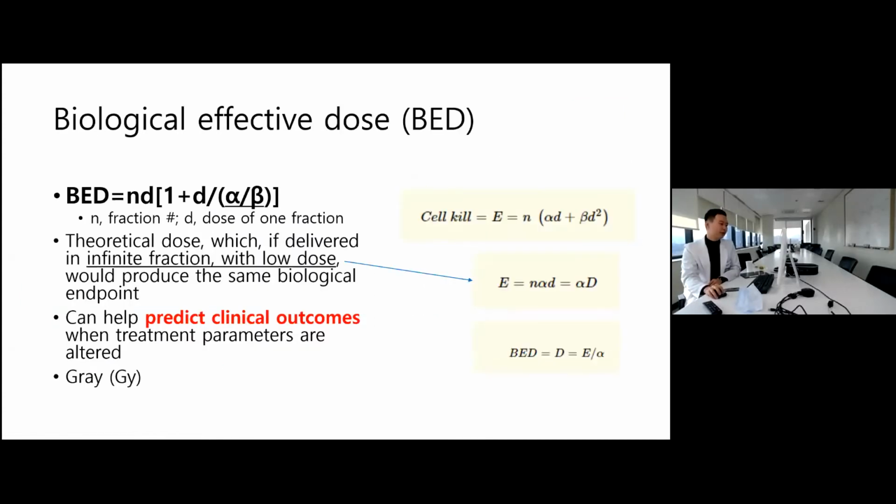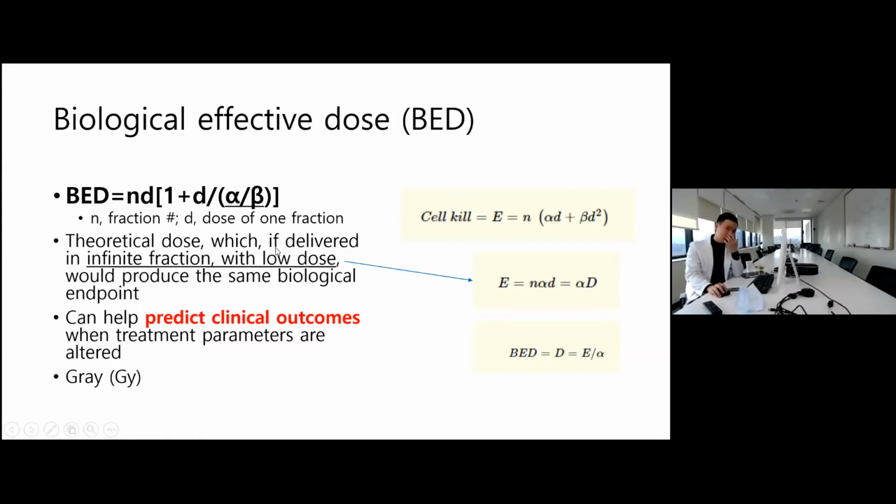And this can be seen through the biological effective dose. This BED represents a physical dose required for a given effect. And it is actually a theoretical dose which, if delivered in infinite fractions with low dose, would produce the same biological endpoint. So how this formula was produced,